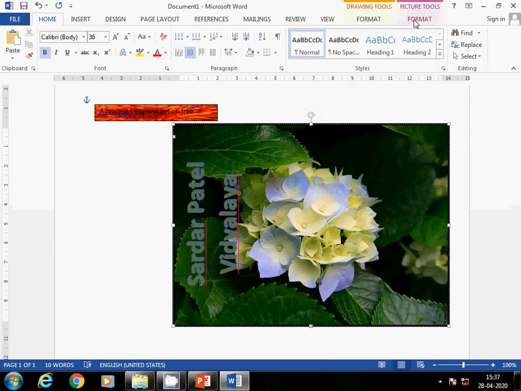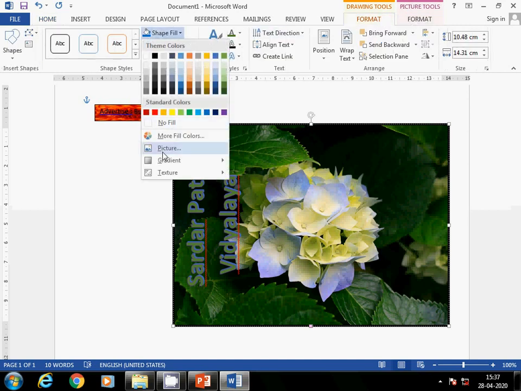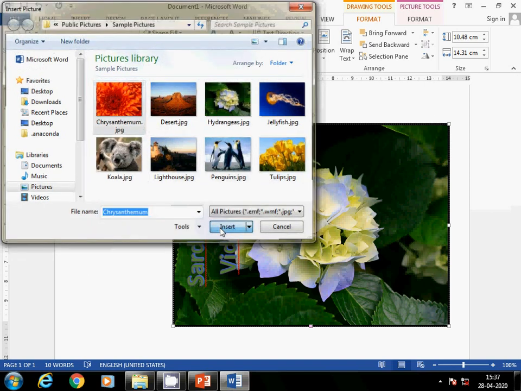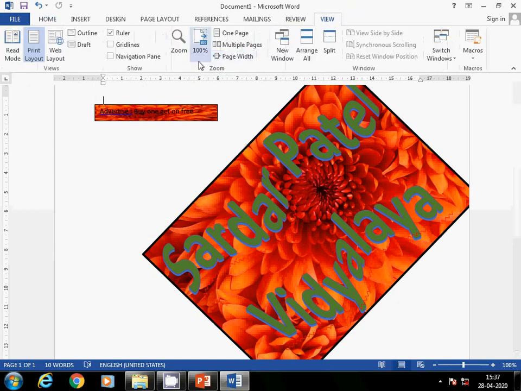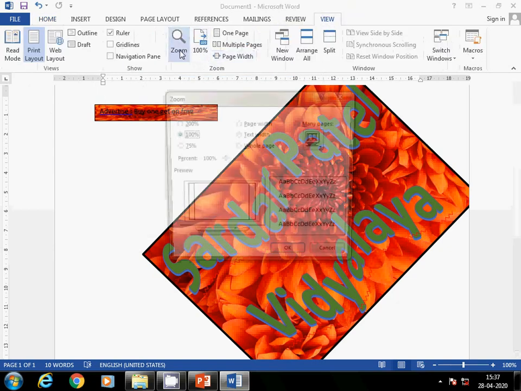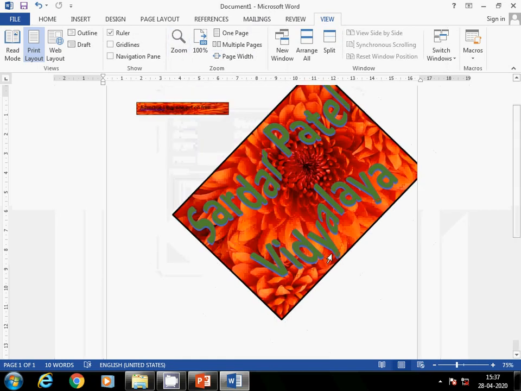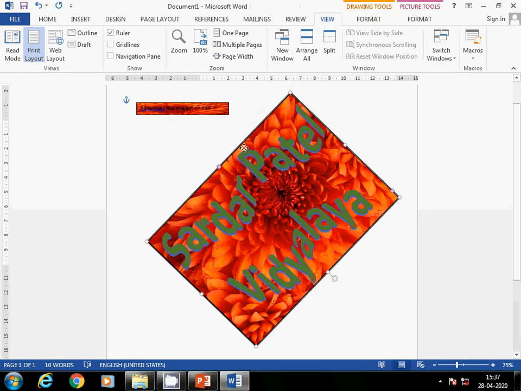So picture, work offline, I'm using this one. Okay. So it looks like this. Let me resize the window and arrange it properly so it will display.